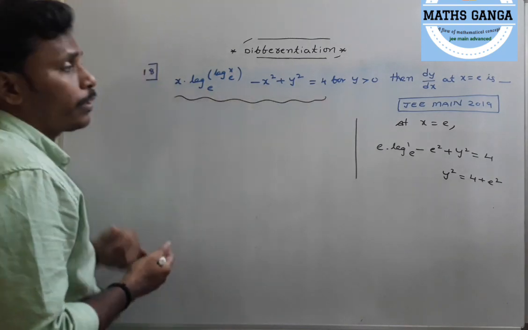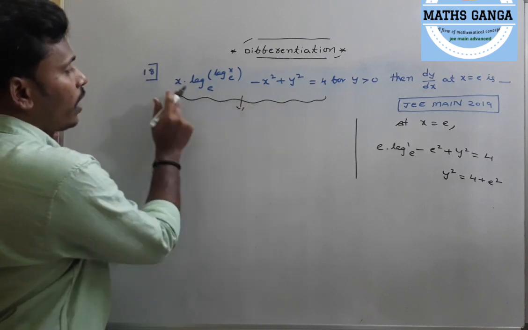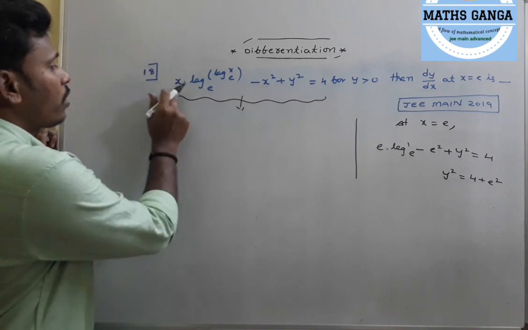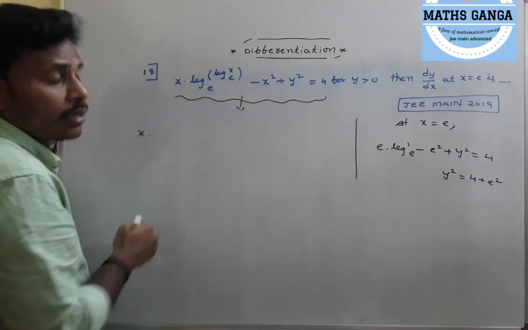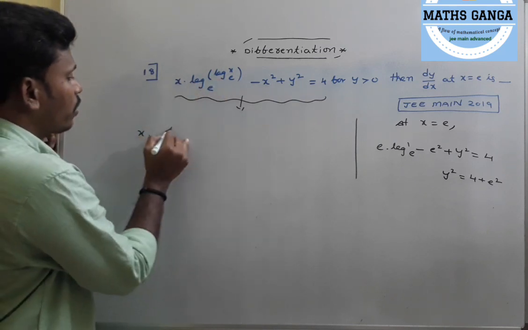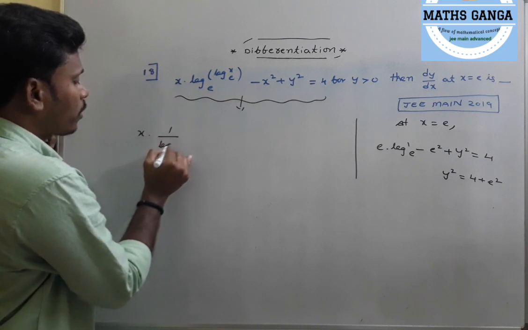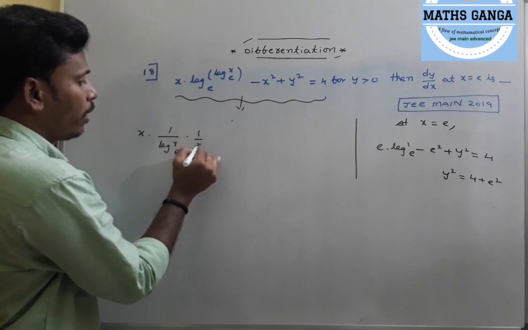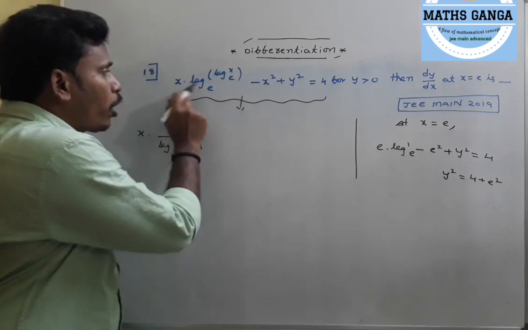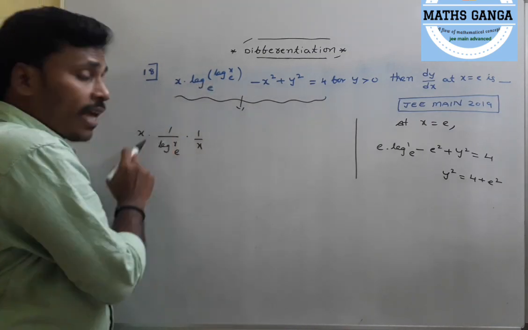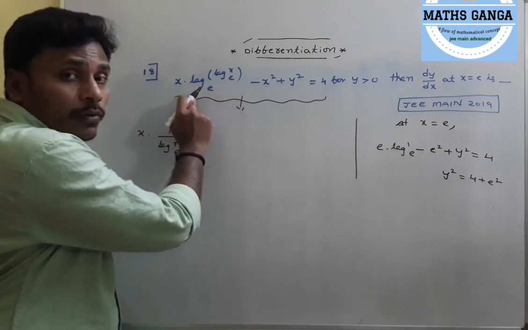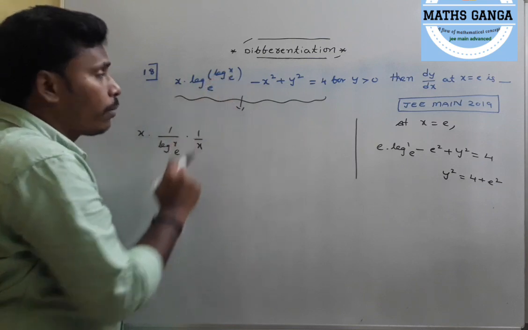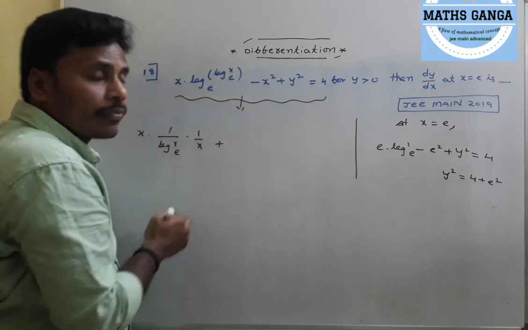Now look at this problem. Differentiate it with respect to x. Here x into log of log x base e is a product of two functions. First function x into the derivative of the second one, log of log: for this log the derivative is 1 by log x base e, and for the other log the derivative is 1 by x, plus